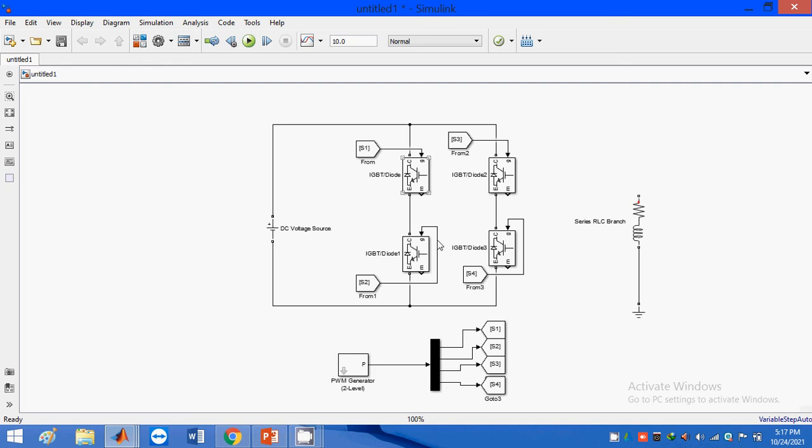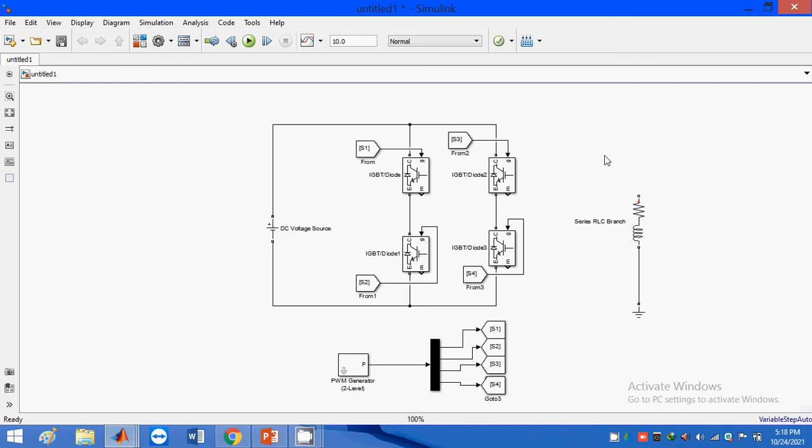So I just need to note the voltage and current at the output side now. I am just designing a single phase inverter. The working principle of the single phase inverter is DC to AC conversion. It changes DC power to AC power. So I need to measure whether it is converting DC to AC or not. I need to check these parameters with the help of a voltmeter and ammeter.